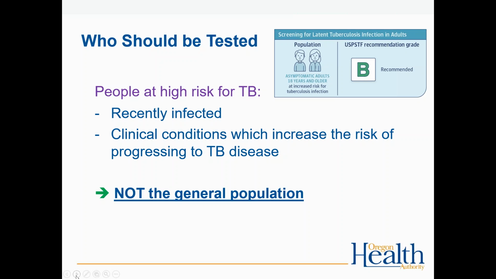So Heidi and I are just going to tag team this. Who should be tested? Clearly, people at high risk for TB are the target. The most important are people who have just been identified as contacts. People who are recently potentially exposed or infected are at the highest risk for reactivation in the first 2 years, so that's one of our primary targets. The other primary target is people who have risk factors for exposure but who also have risk factors for progression to active TB, such as immunosuppressed conditions, which we'll get into. But in general in the U.S., the risk is so low that we don't target the general population for testing.